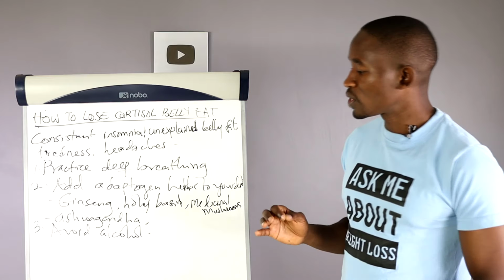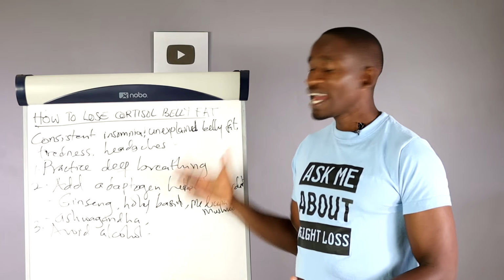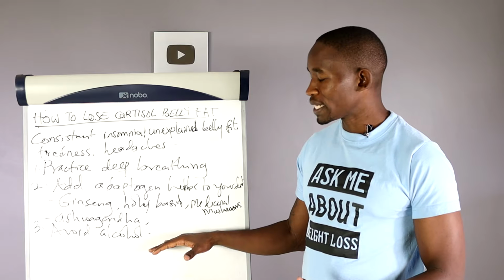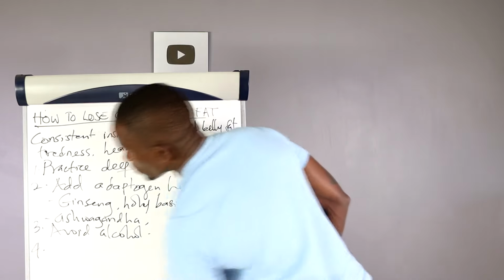So the best thing that you can do is avoid alcohol. And also keep in mind that alcohol has empty calories and it interferes with fat oxidation. So just avoid alcohol completely if you can. Then the fourth thing that you can do is